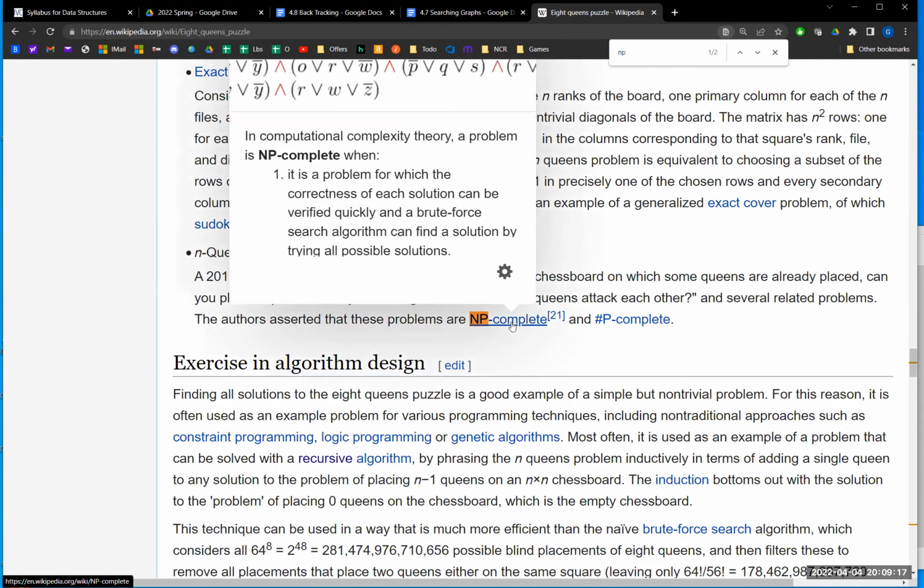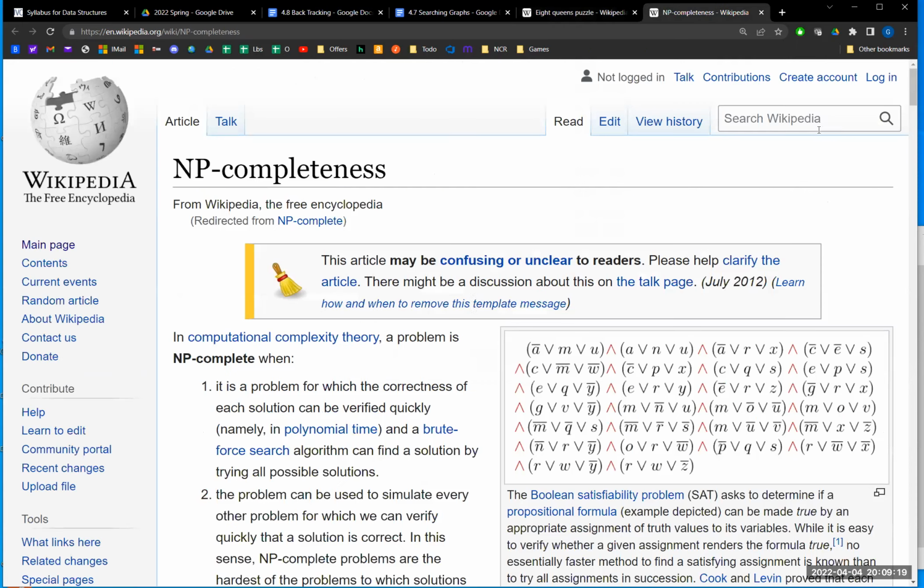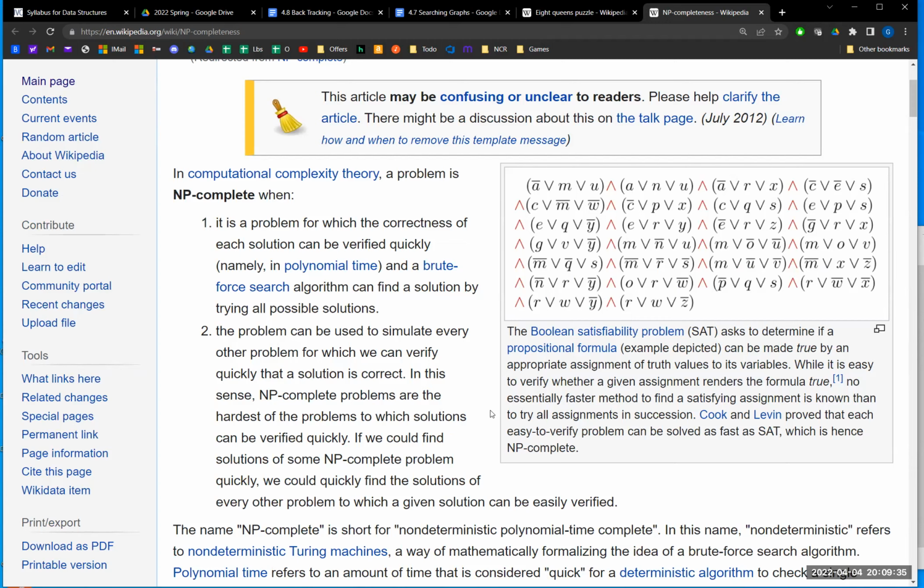Right, good old NP complete. Basically, an NP complete problem is a problem that's so ridiculously bad that there's basically no good solution that can solve a problem of any size in a realistic time frame. So yeah, back when I was in college, close to a couple of decades ago now, I guess,